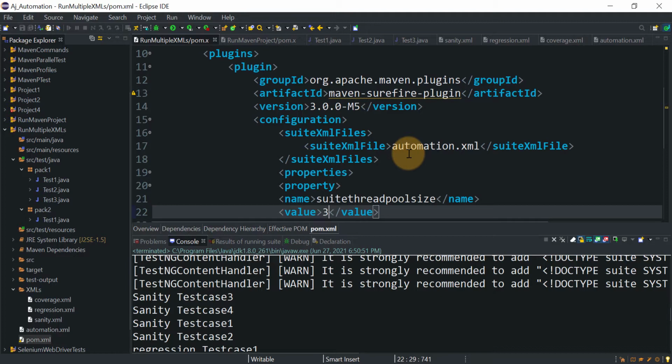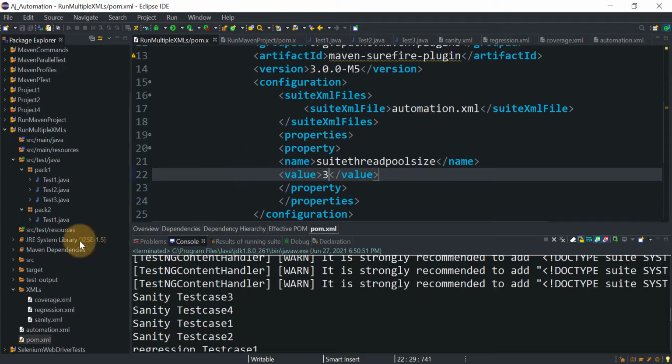Currently we are just printing statements. In your actual project you can open the Chrome browser or Firefox or Microsoft Edge browser. For practice purposes you can try your own: create a Maven project, add some sample test cases. Some test cases should open the Chrome browser, some will open Firefox, and some will open Microsoft Edge.